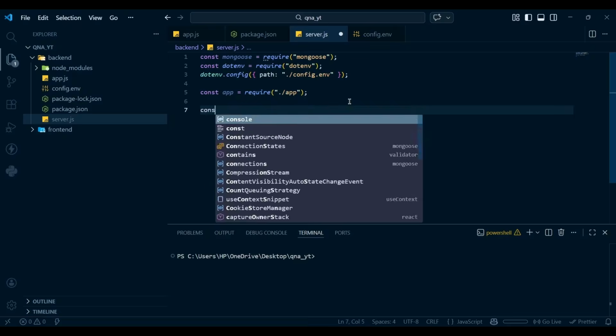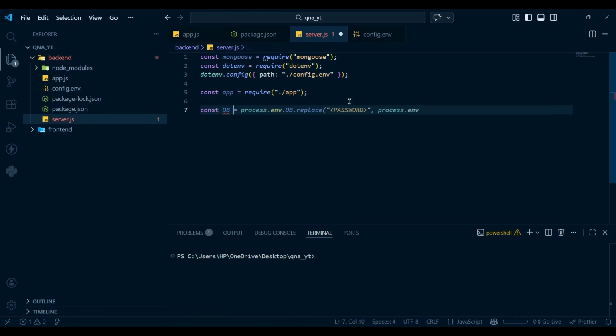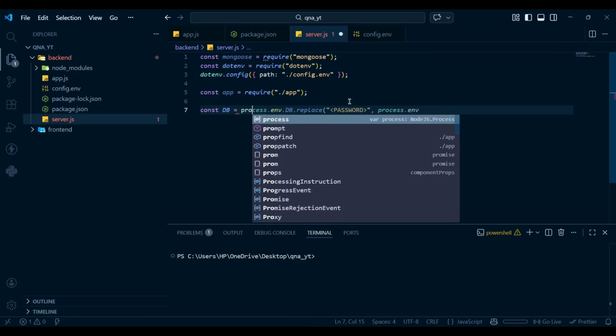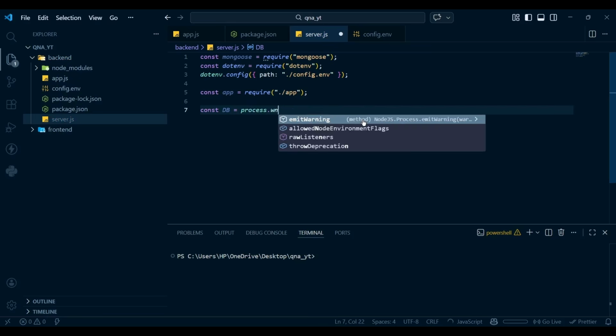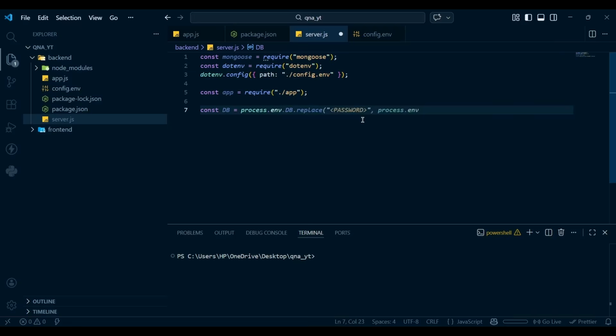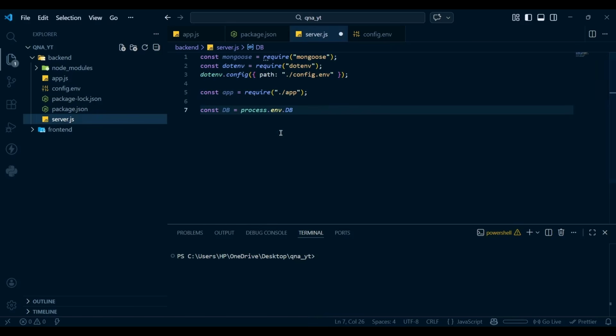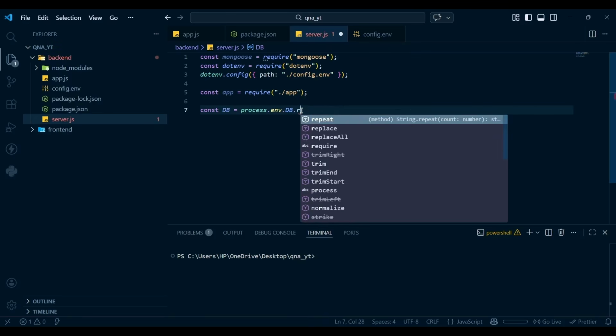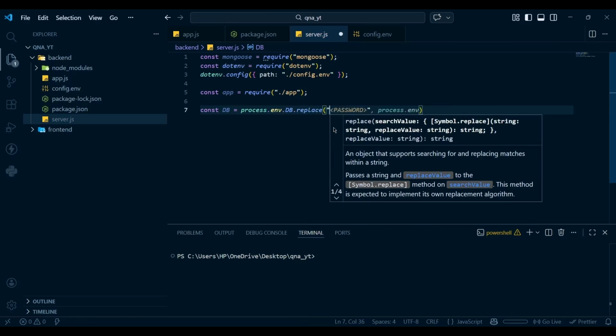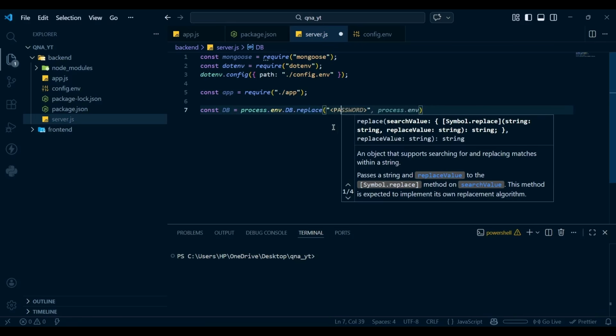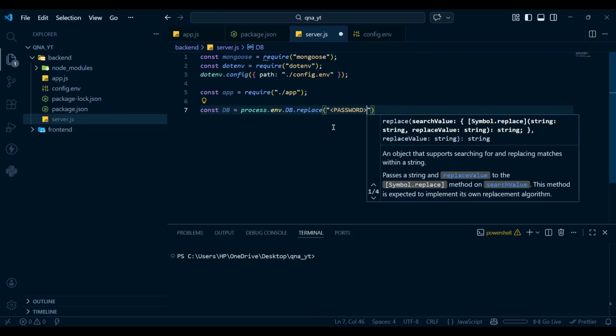So that's it. Now let's go to our project, and here let's go to the server.js, and here first what I'm going to do is create a db variable, and here I'm going to use process.env.db. So this is our db, and we are going to replace this password with this db password. So by doing this, it will add an extra security layer in our database connection. So dot replace and here we are going to replace password with